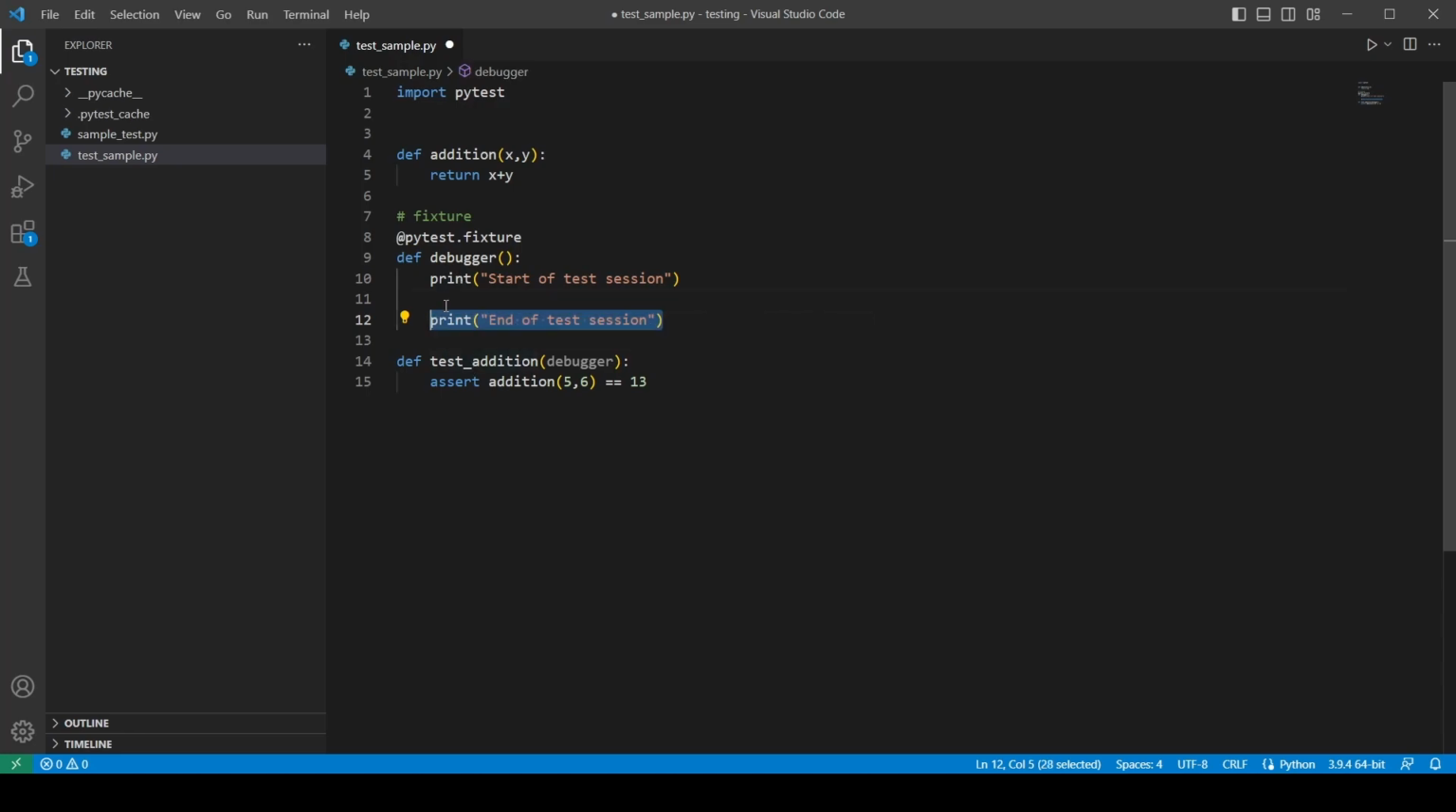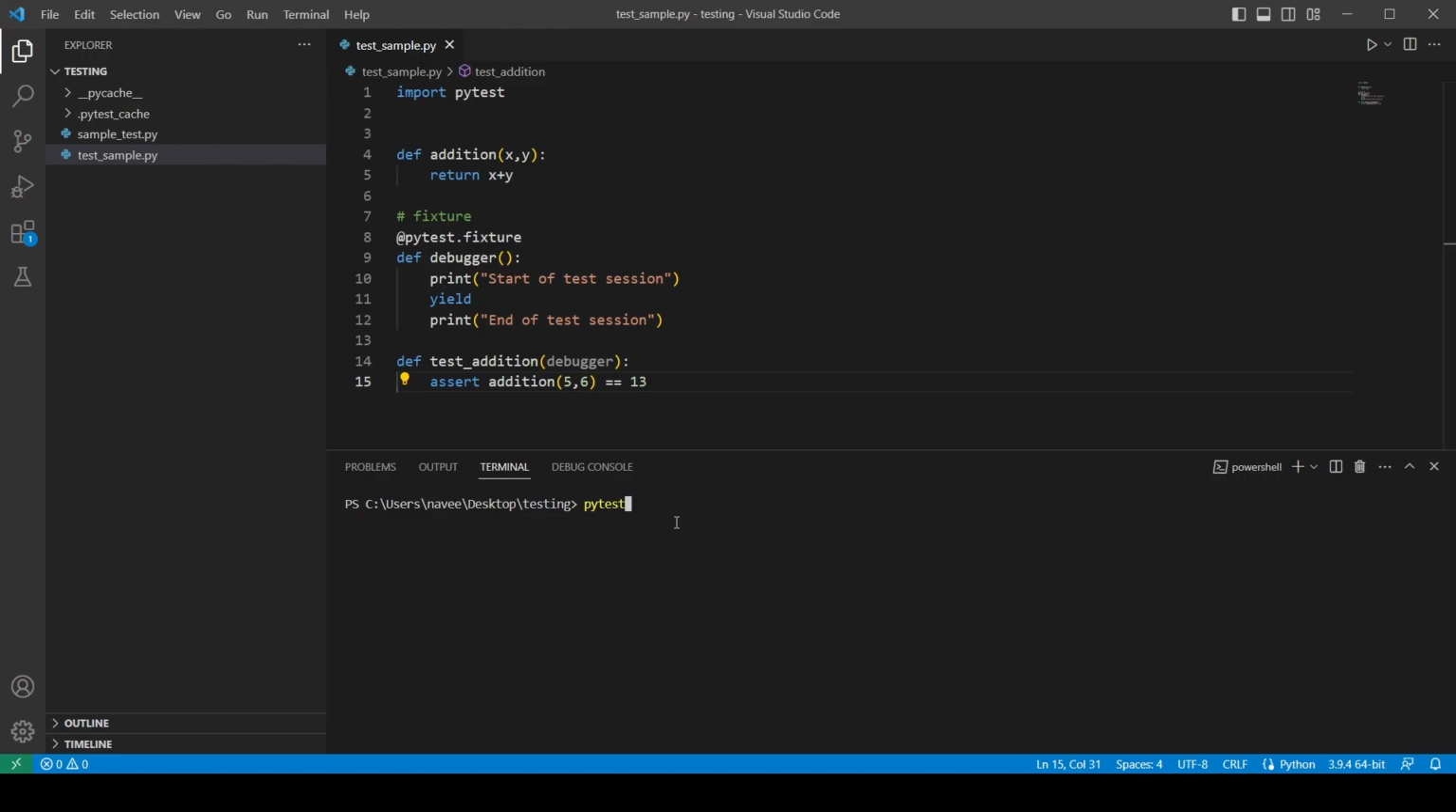So to switch this control between our fixture and test case, I'll use generators here. It goes by this keyword yield. Also notice that the fixture name has been added as an argument to our test function. So let's run the test case now. I will mention the test file itself, test_sample.py,